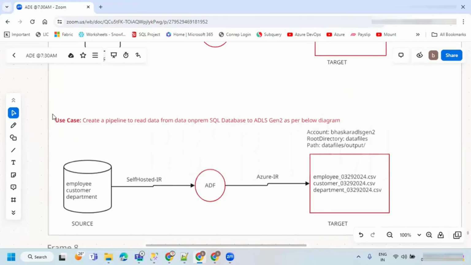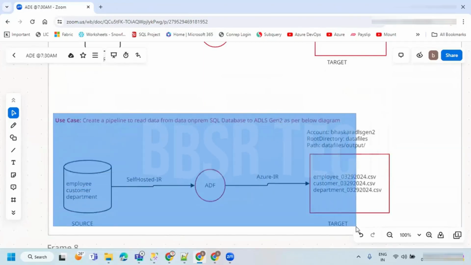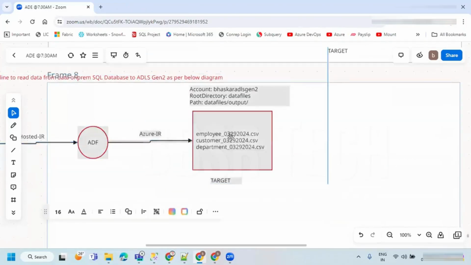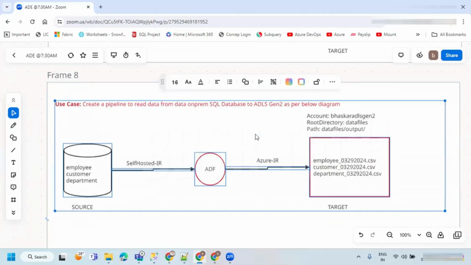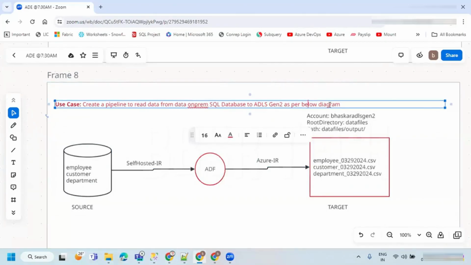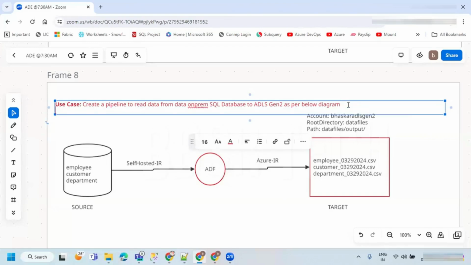So this time, what I wanted to do is bring the data from the same tables, but if the tables are not having the data, then I don't want to create a file. So create a pipeline to read data from on-prem SQL Server database to Azure Data Lake Storage Gen2. I'm saying, create a file only if the table is having data.